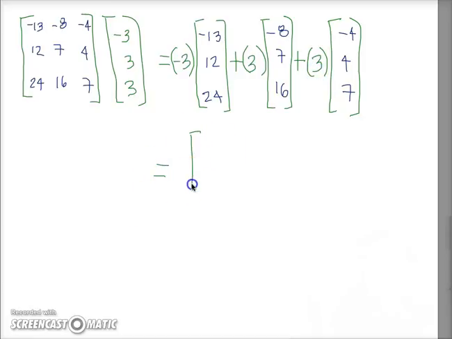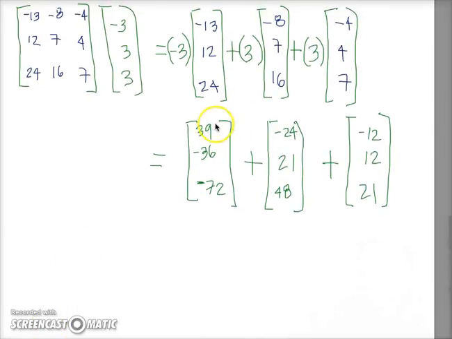And this leads to 3 column vectors, each resulting from carrying out that scalar vector multiplication. And when we add up